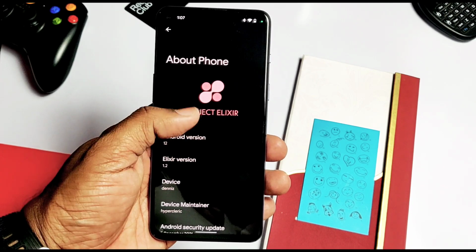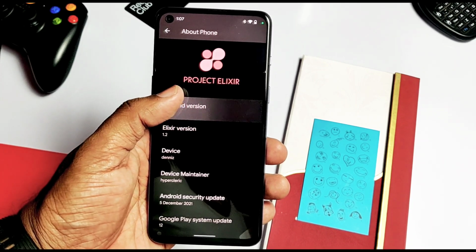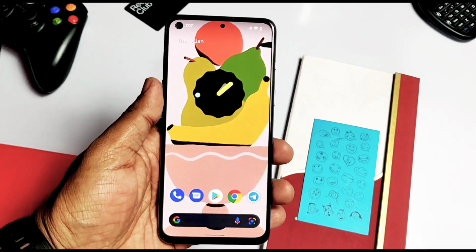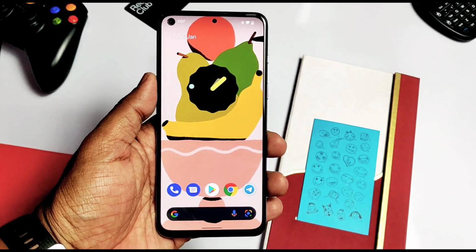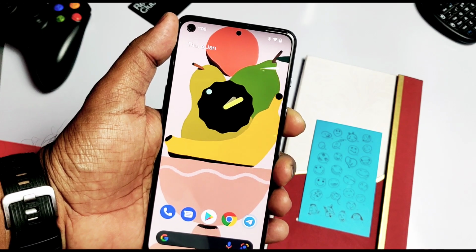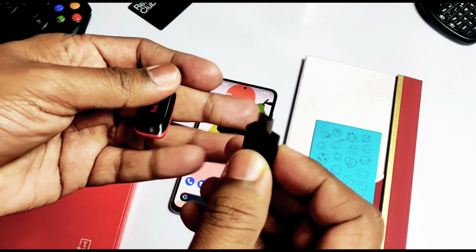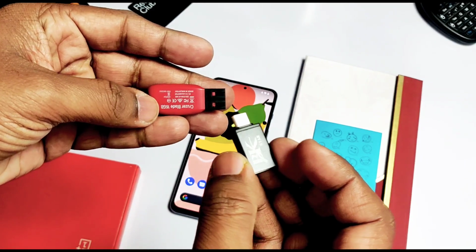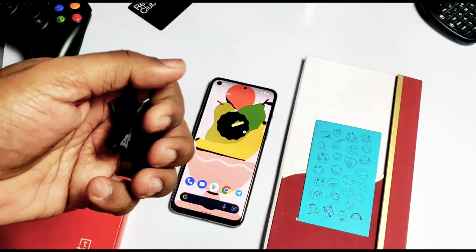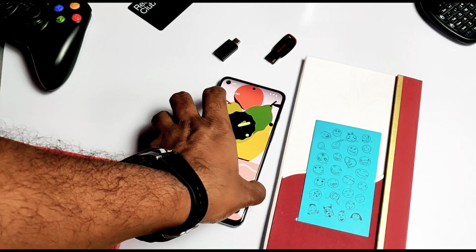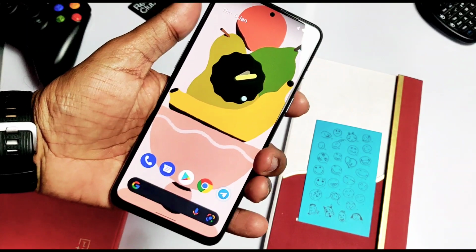Before going forward, we need the old A15 ROM TWRP Android backup that I told you about in the last video, where we shifted from Oxygen OS A15 to the Elixir ROM. You need to flash the LineageOS 18.1 zip available in the video description. Place that on a USB pen drive. We need the USB OTG because on Android 12, internal storage will not be accessible through the TWRP. So first we need to flash the LineageOS 18.1 ROM using the USB OTG.